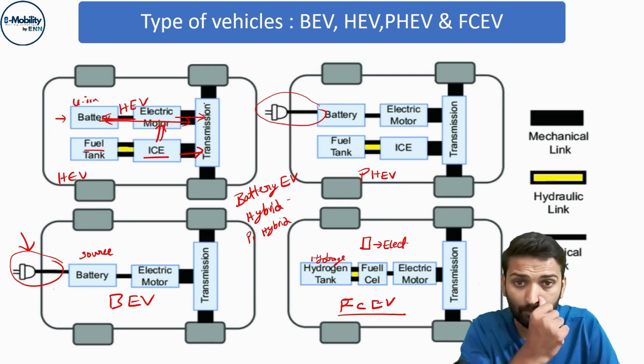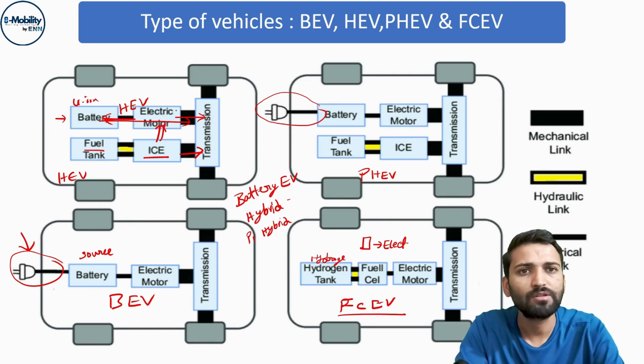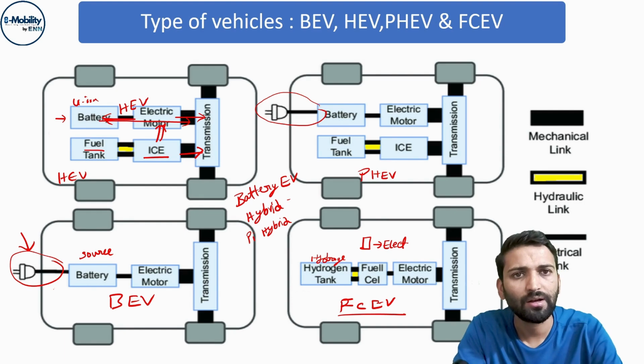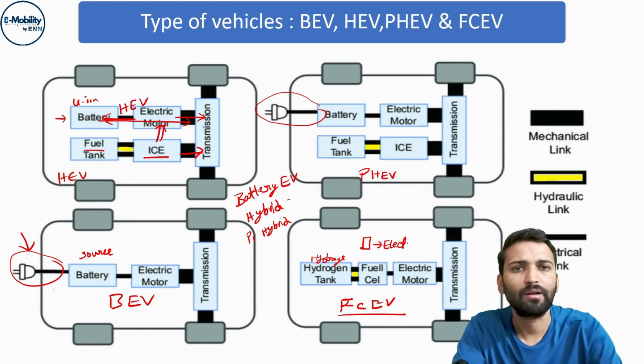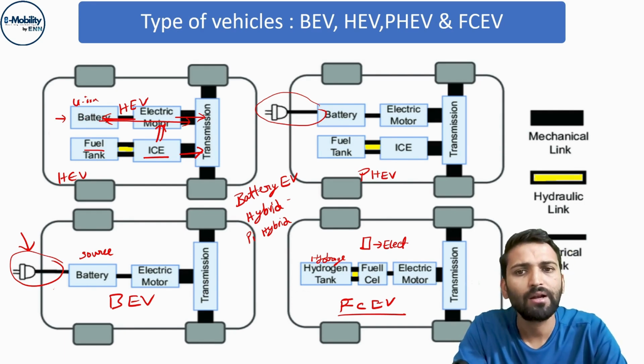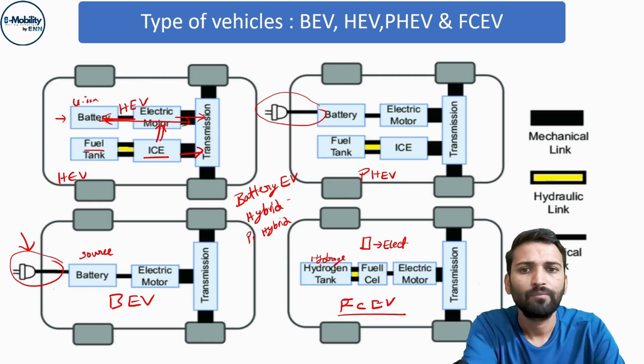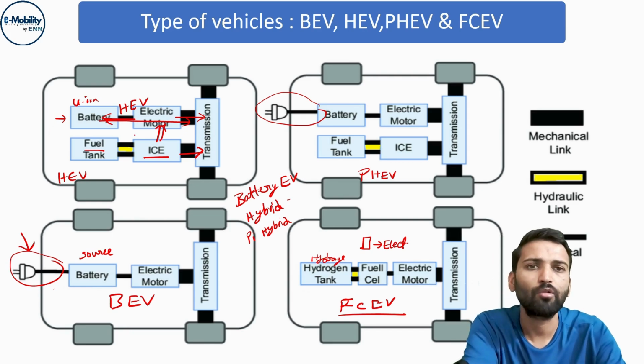Also during braking, the regenerative braking which we can extract using the electric motor can be used to charge the battery. So in case of a hybrid electric vehicle, the battery is charged during the process of driving, whether it is due to regenerative braking or due to forceful use of the IC engine to drive the motor as the generator.